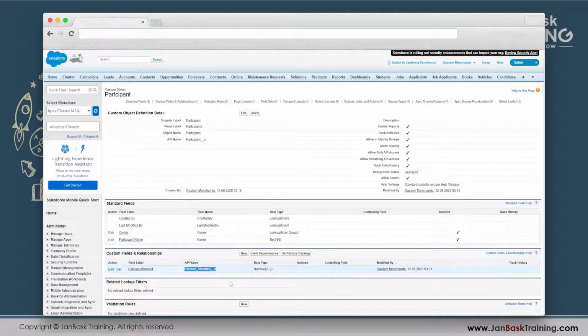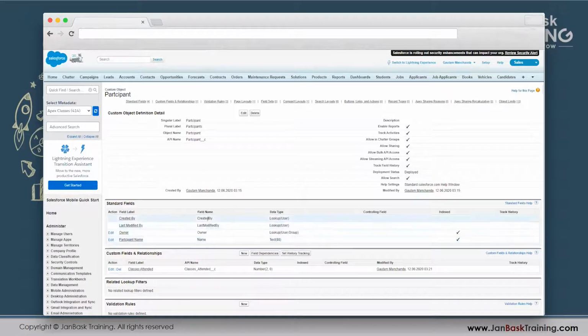And again, as you can see the nomenclature, these are the standard fields on the top. You can see name, owner, created by, last modified by. Okay, although they are under the header of field name, these are also the API names only through which you refer to these whenever it comes to the backend processes, the Apex and all. But for now, we'll keep it like this.